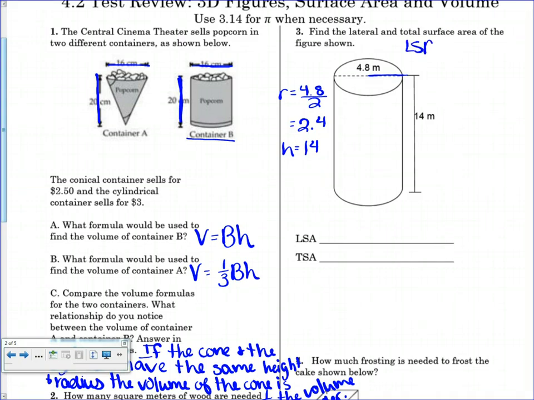So lateral surface area, 2 pi r h. So 2 times 3.14 times the radius, which is 2.4, times the height. Multiply those together, you get 211.01